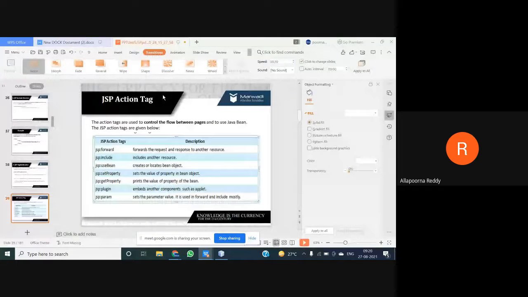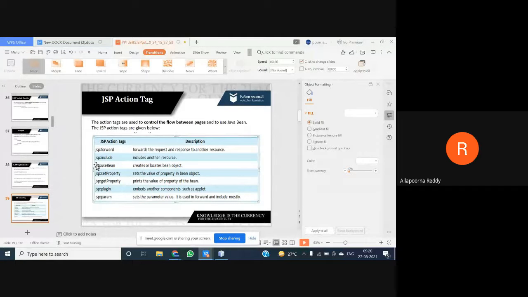Next, coming to the next action, use bean. What is the use bean action tag? A bean is a type of class. Once your class is created, you need to create an object for it, right?